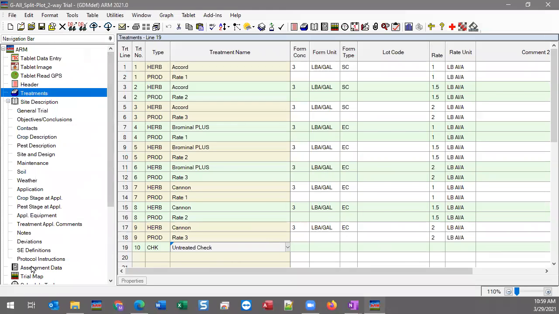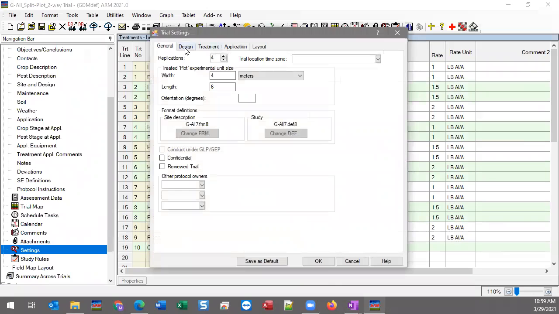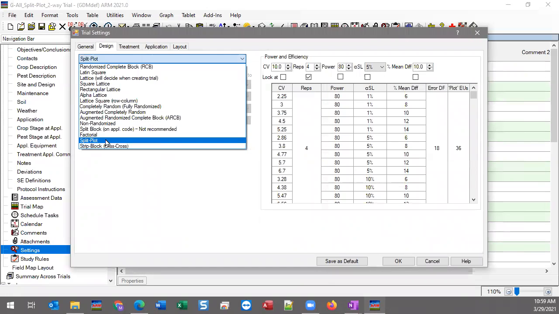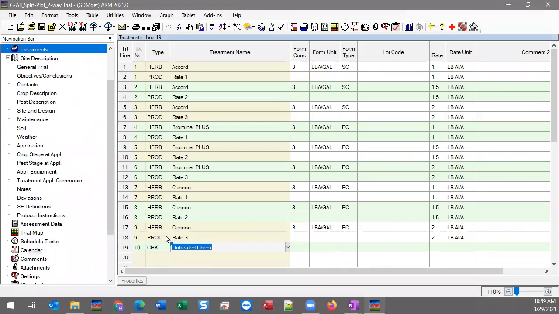if I close the report, you can go into your settings and you can deprecate a design. I say deprecate, I mean basically go to the design here. We have a split plot, but in the sense every split plot could be considered an RCB because you would have 12 treatments, or I guess in this case, the 10 treatments really. Now when you change that, if I go to the AOV report,